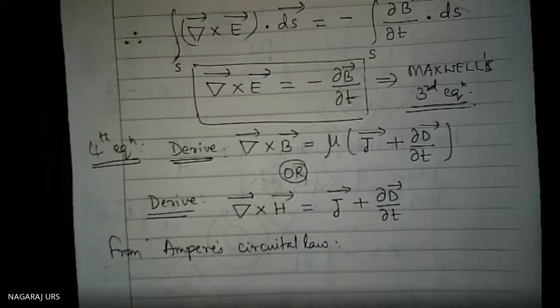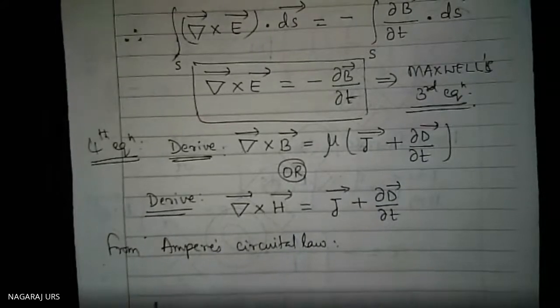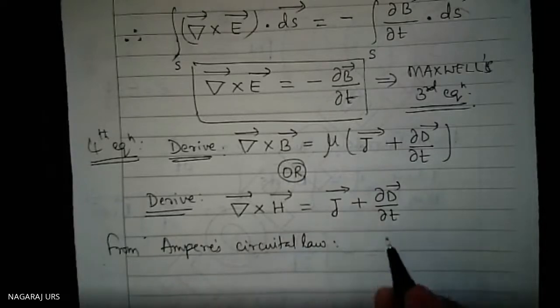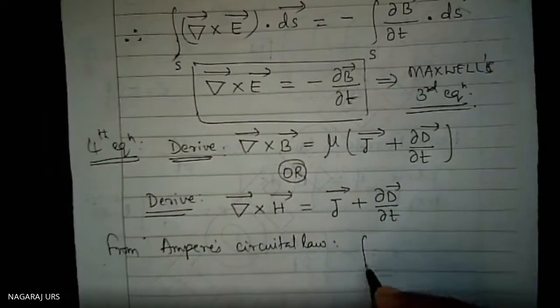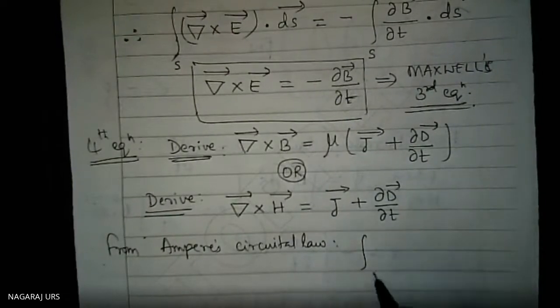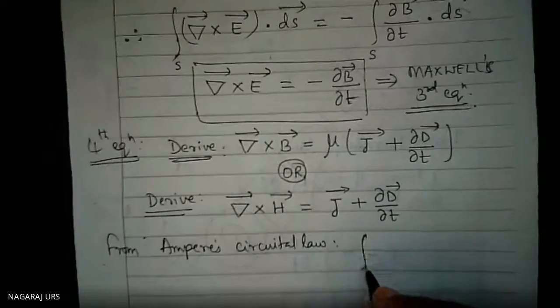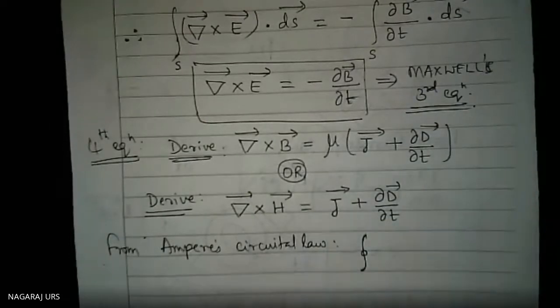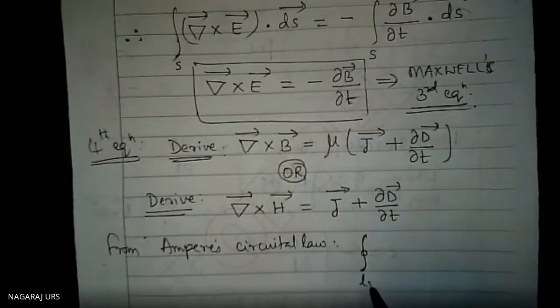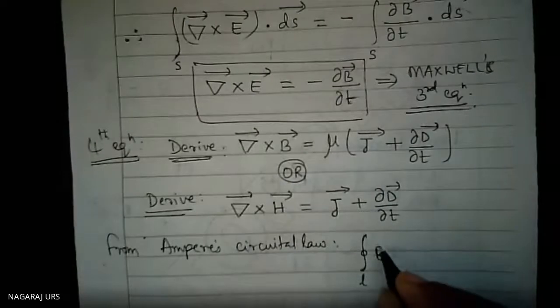magnetic flux. Anyhow, I will send all the notes today. You go through all the concepts properly. From Ampere's circuital law, what does it state? It states that integration over a closed path, line integral B dot dl